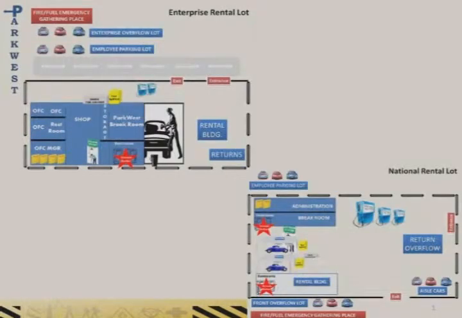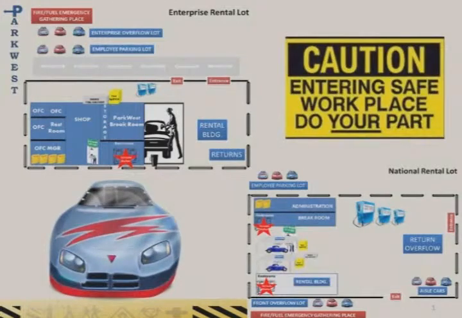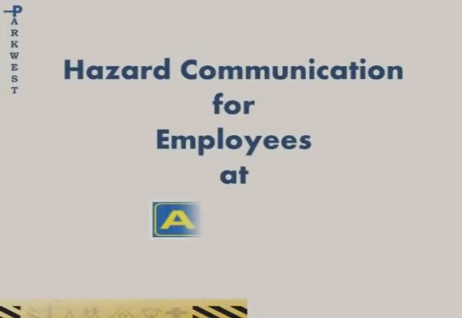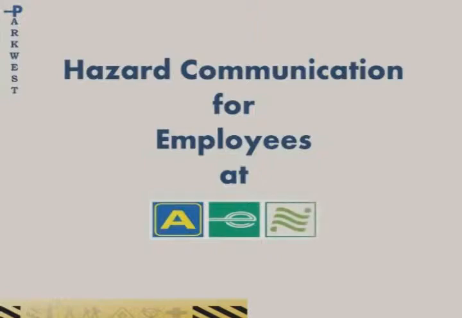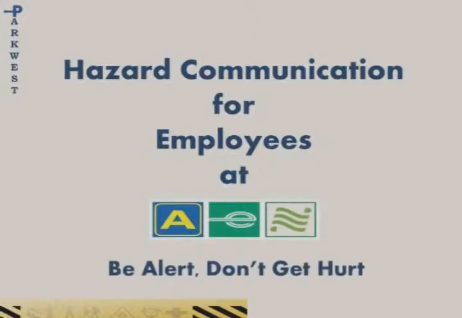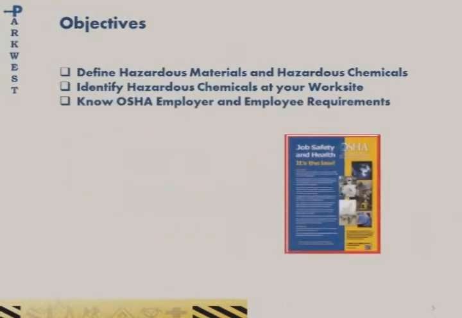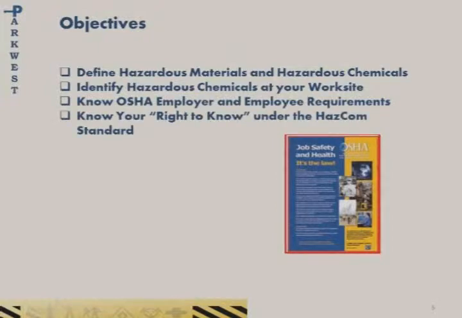You have the right to know about the hazards of the chemicals in your workplace and how to protect yourself from these hazards. The Hazard Communication Standard, also known as HazCom, developed by the Occupational Safety and Health Administration, gives you that legal right. The purpose of the HazCom standard is to ensure that chemical hazard information is communicated to employees for their safety. The standard provides direction to chemical manufacturers, employers, and employees concerning what they must do to make sure that everyone who works around hazardous chemicals is protected.